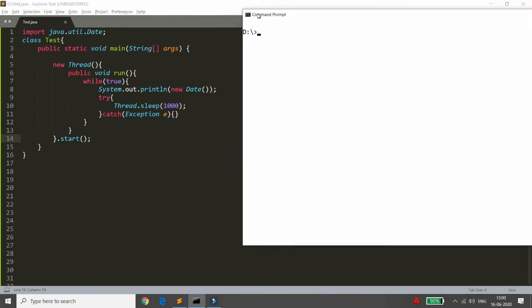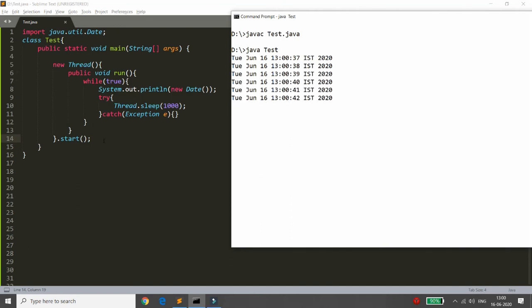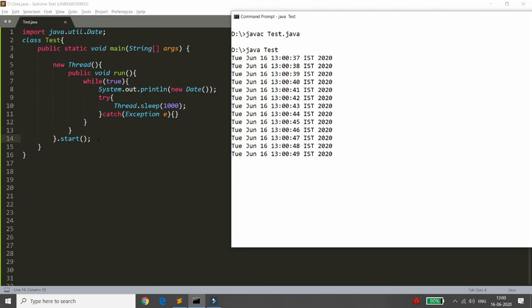So whenever you are calling anonymously, what happened? Whenever you are executing this class, for example, I am just executing javac Test.java. You can just call java Test. What happens? See, whenever you are calling this anonymously, it means my main thread is still free. In the main thread, I can call another task also. Suppose I print any statement after this line, it will execute properly. Suppose let me write multiple statements over here also.